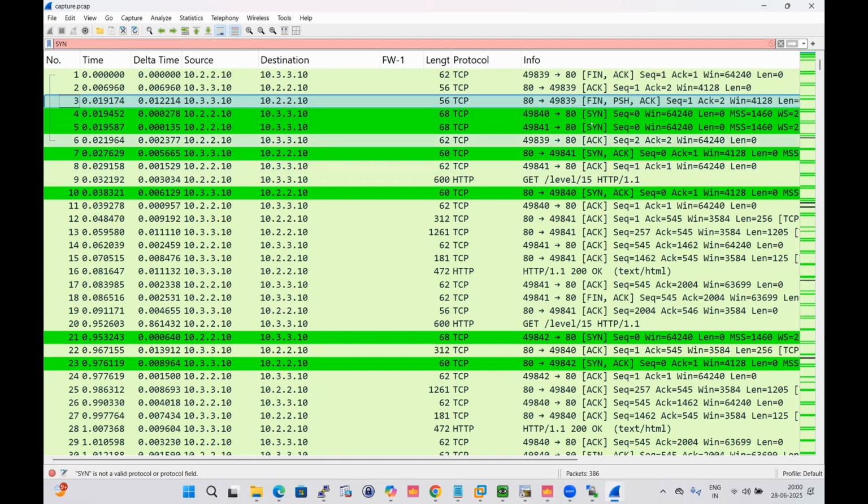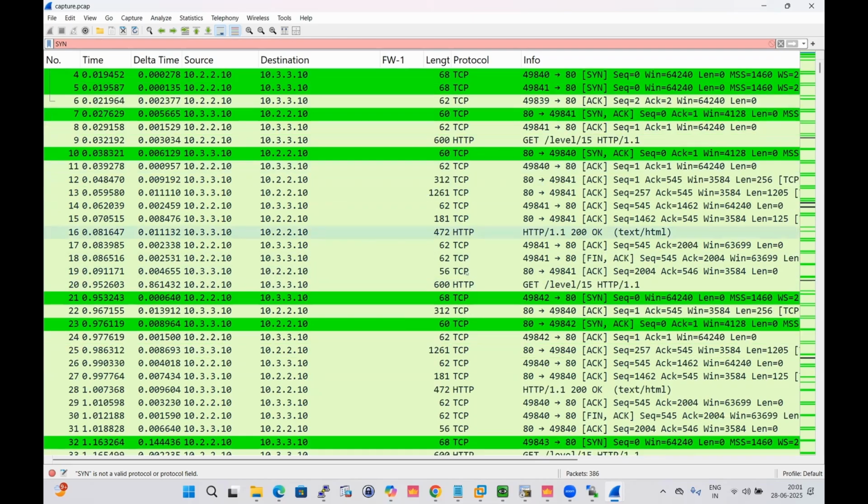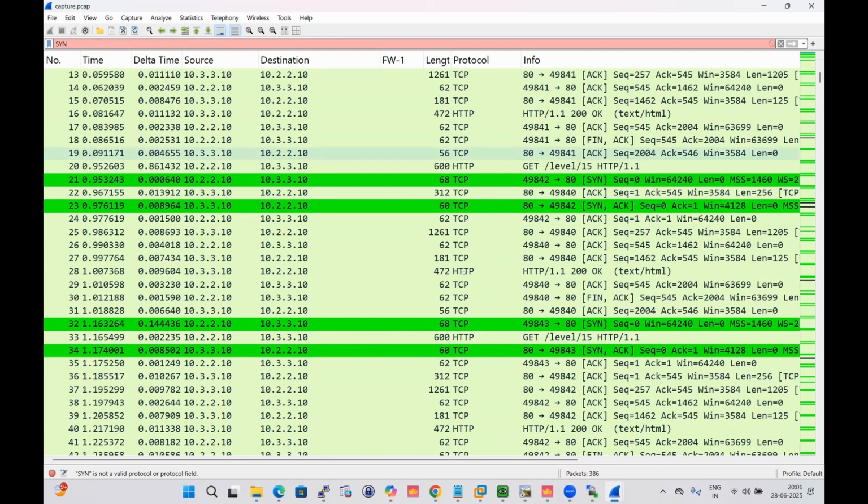So if you're able to see SYN-ACK, we can clearly say the three-way handshake is completed, which means the network part is clear. After the three-way handshake, the SSL handshake comes in the picture. That is not our part. And after the SSL handshake, generally the GET request is sent, whatever the user requested. We can see that here also, for example,